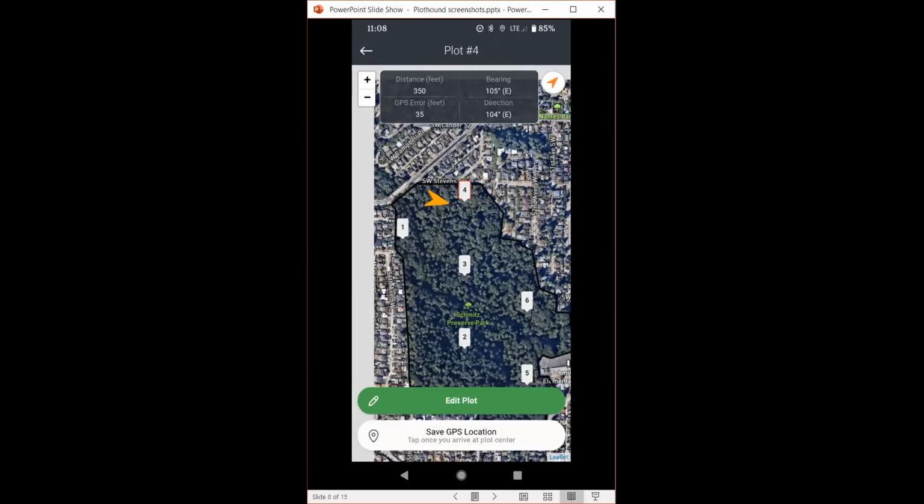If you click on that plot, it will show your distance from it, your bearing, direction, etc. And at any point you can edit your plot. One of the problems with this method of finding plots is that GPSs, and our relatively cheap civilian GPSs, aren't